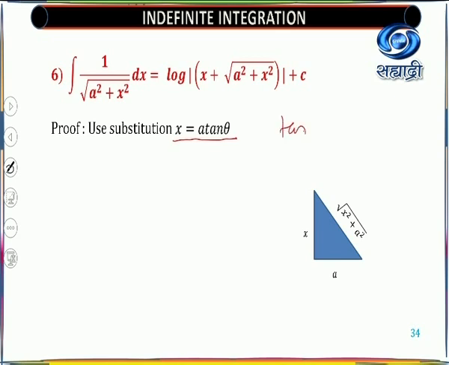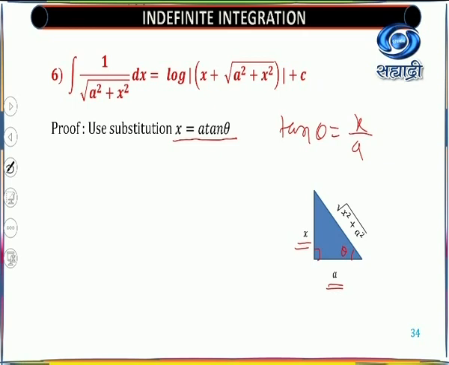Okay, so now look here, if you substitute x equal to a tan theta, so what is tan theta? Tan theta is equal to x upon a. By the definition of trigonometric function, tan theta is opposite side upon adjacent side, as this one is your theta. And if you use the Pythagoras theorem, the sum of the squares of the adjacent sides is equal to the hypotenuse squared. So root of x square plus a square is nothing but your hypotenuse in this triangle. Okay, so you got these values.